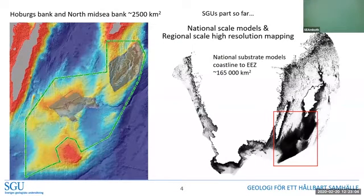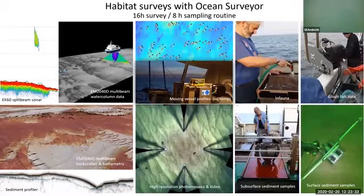So I just wanted to show you the main work that we did. The left side is these areas in the harbor porpoise marine protected area that is south of Gotland. That's still going to get a management plan and so on. And we did 2 patches that had really poor data, and we did everything we could there. I will show some of that. And then on the right there, these are the national models. So if we start with this,